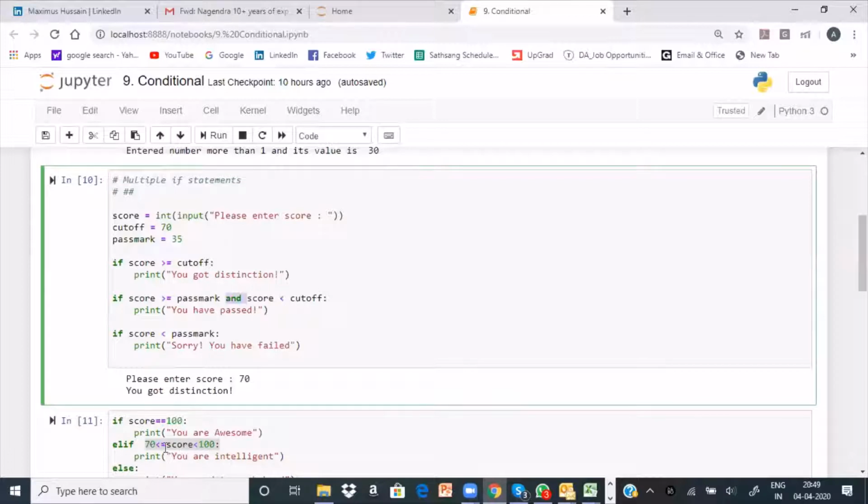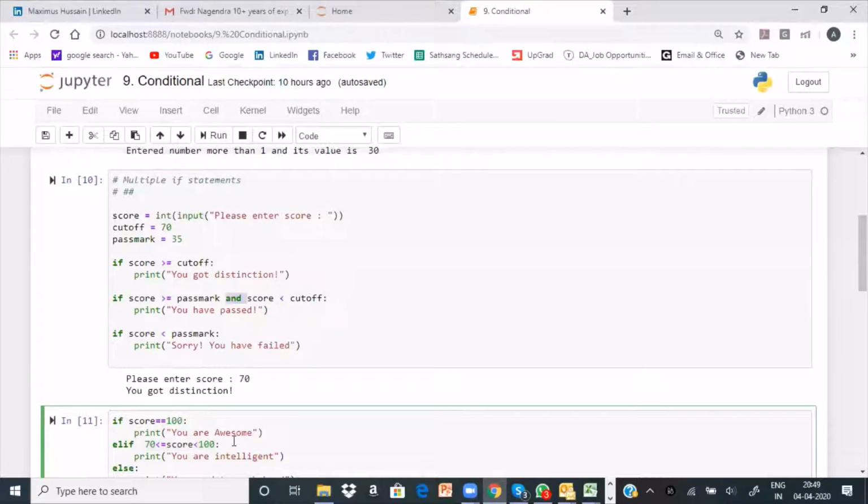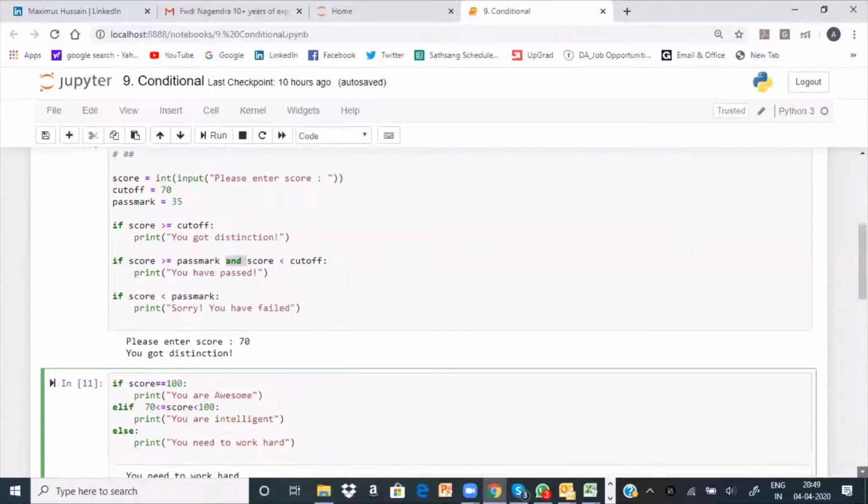See, the same thing. I can also use score less than or equal to, and again score less than or equal to. I can write it like this. This is the elegant way of writing. That is the beauty of Python. If you write like this, people say you're writing like a Python guy.